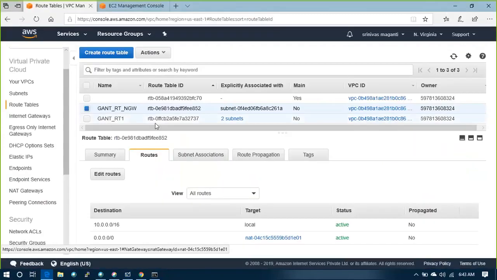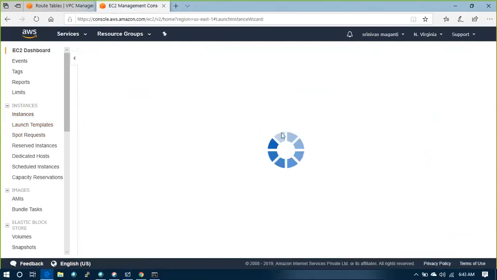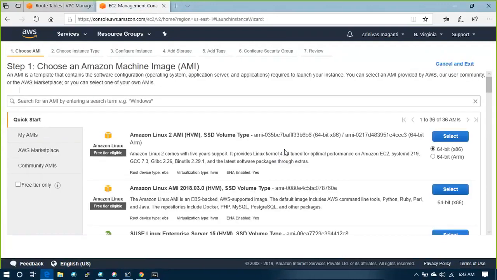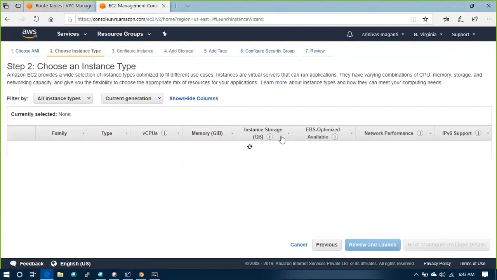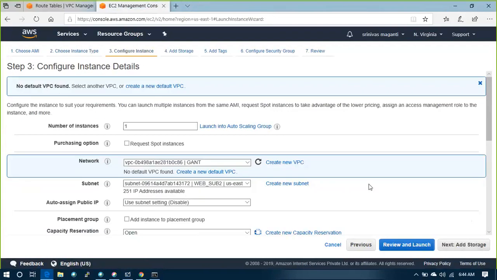Let's go and deploy two different virtual machines in two different subnets. One I will put on management, and the second I will put on DB. T2 micro. Next.